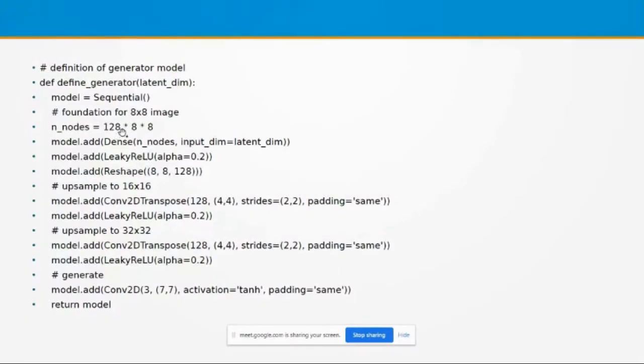For that, just remember the construct of the perceptron model: a summation operator, then the values are given to the activation function, and here the activation function is leaky ReLU. Then leaky ReLU comes up with a particular value. So 128 into 8 by 8 values are generated.